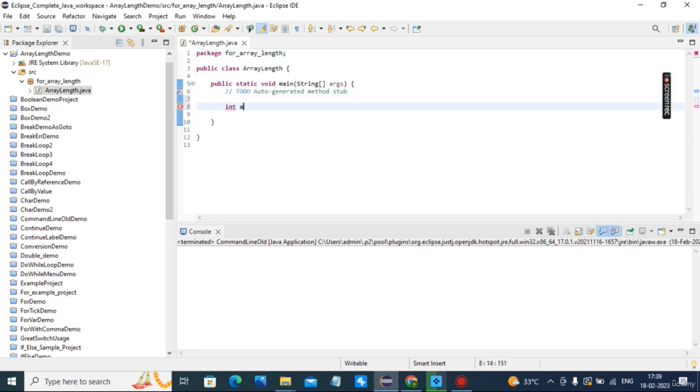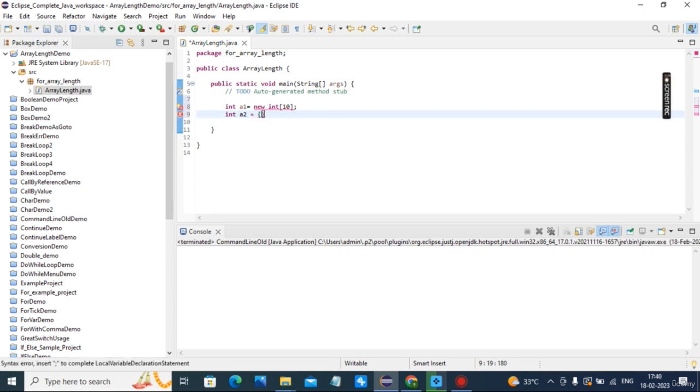So now int a1 is equal to new int of 10 elements. Then int a2 is equal to an initialized array 3, 5, 7, 1, 8, suppose 99, 44, and minus 10.